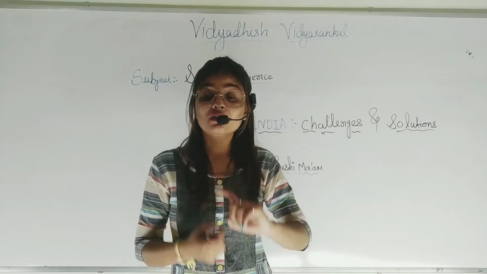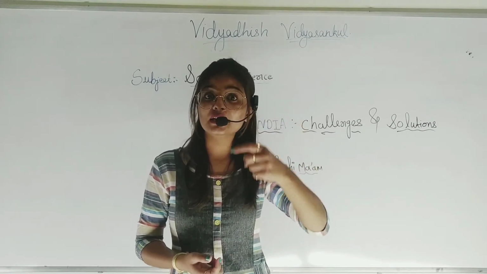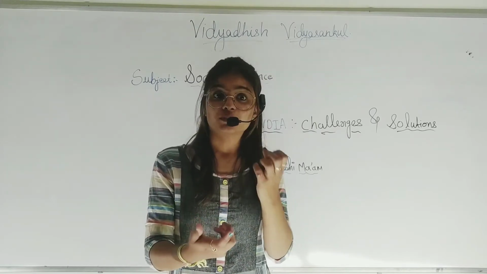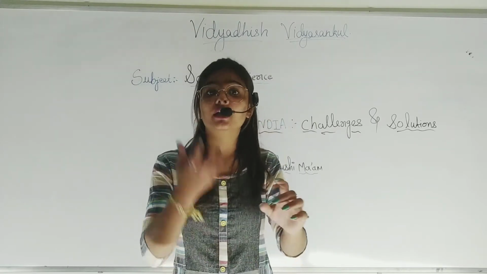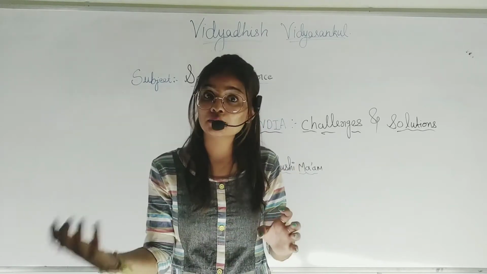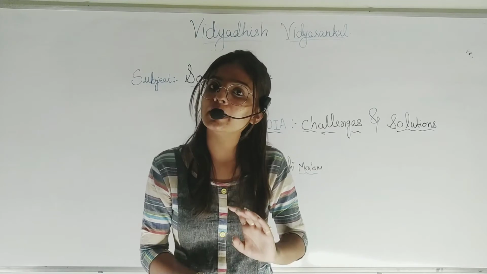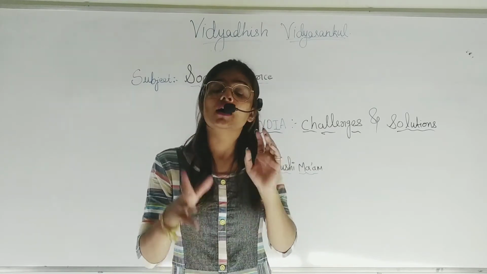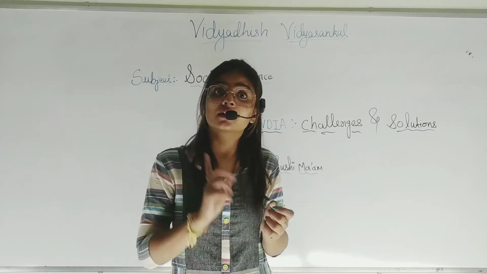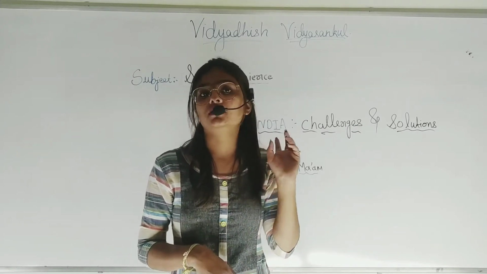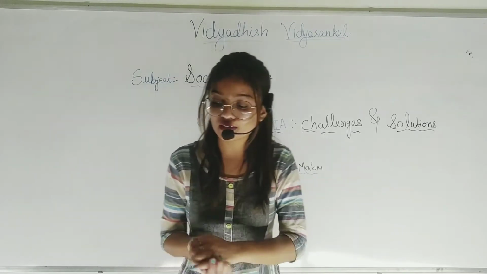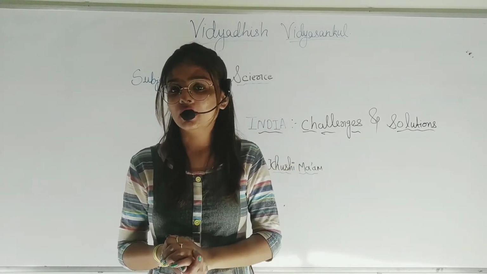So if the person is above 18 years and willing and capable to work and does not get the work, means उसकी इच्छा है वर्क करने की, वो able है वर्क करने के लिए, then also उसको वर्क नहीं मिल रहा है, it is called unemployment, right, students? Again I repeat, a person who is above 18 years and willing and capable to work but doesn't get the work is called unemployment. So for that, students, we have the solutions. Let's see what the solution of that problem is.